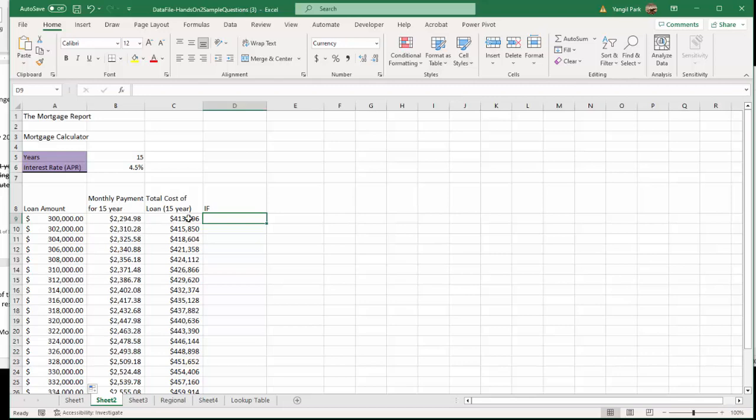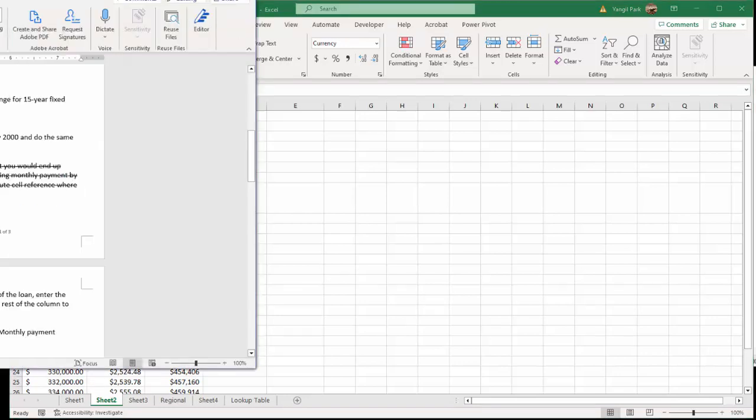What we're trying to do is use the IF function to compare monthly payment to total costs. Obviously, total cost is much higher, but we're trying to compare monthly payment to 1% of total costs. Okay, so if monthly payment is larger than 1% of total cost, then we're going to enter this formula,